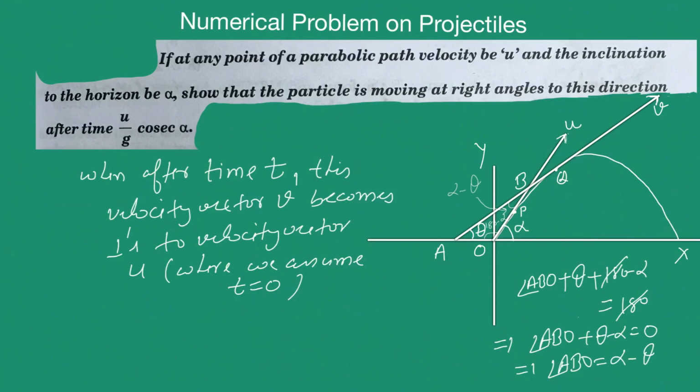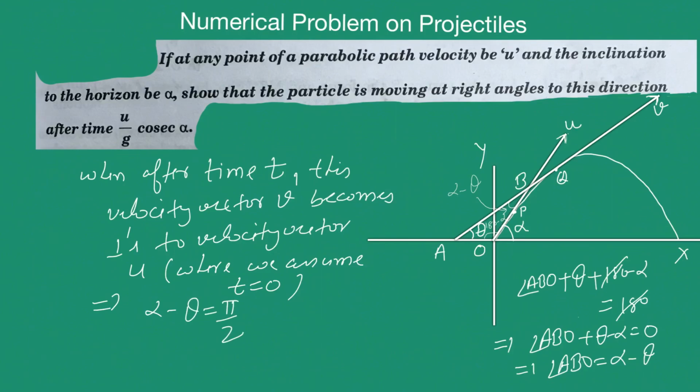So if this vector v is perpendicular to u, then in that case this alpha minus theta will be equal to 90